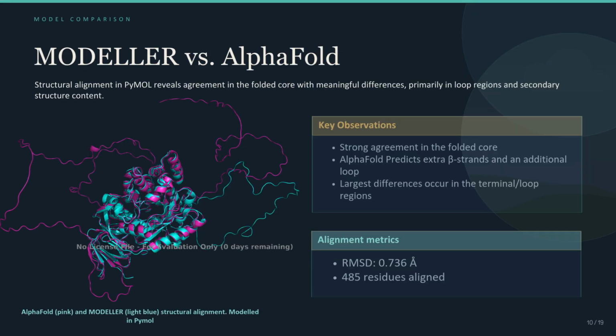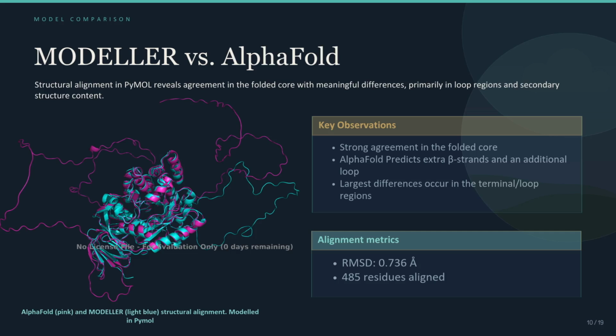Awesome. So now we can get into the comparison between the Modeler and AlphaFold platforms. As you can see on the slide, direct superposition of the Modeler and AlphaFold structures shows strong agreement in the folded core, indicating that both methods recover the same overall CRMP architecture. The structural alignment gave an RMSD of 0.736 angstroms across 485 aligned residues, which supports close similarity in the conserved